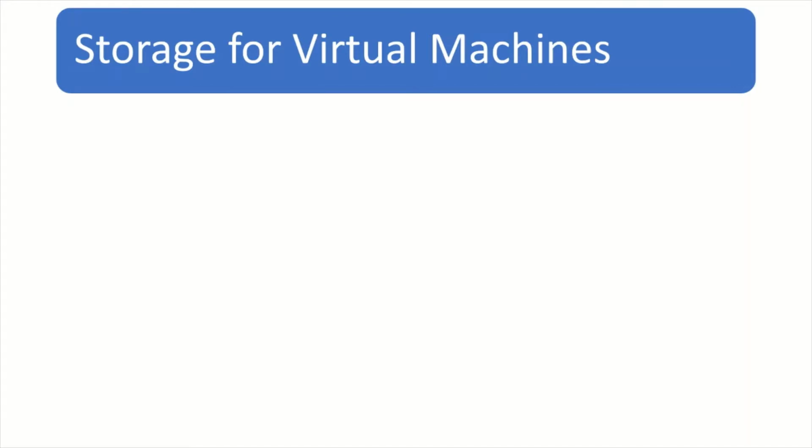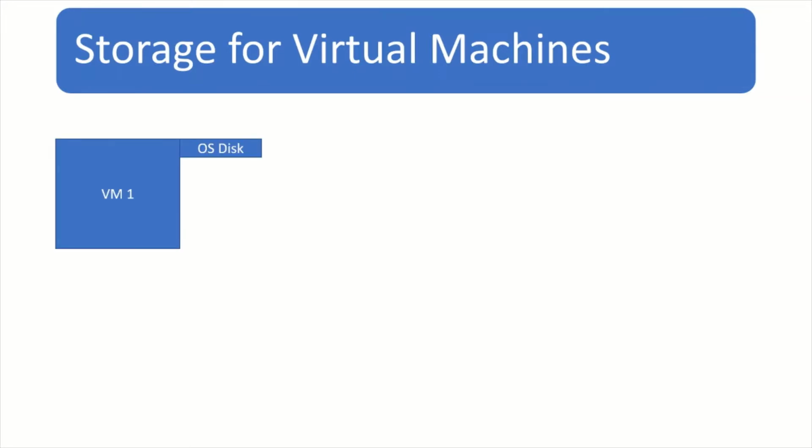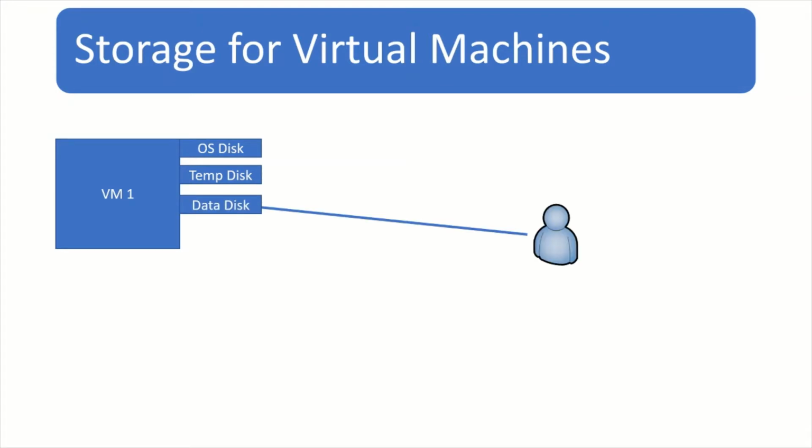In earlier videos, we discussed cloud computing and creating virtual machines in Azure. In this video, we will be focusing on the disks that a virtual machine uses to store the operating system and user data. In one of the videos, we already discussed that when we create Azure VMs, we get two disks. One is an OS disk, which contains the operating system, and the other is the temporary disk. We can add additional disks to store user or application data. In this video, we will explore virtual hard disks.